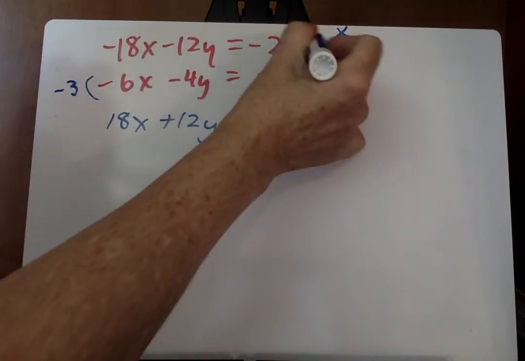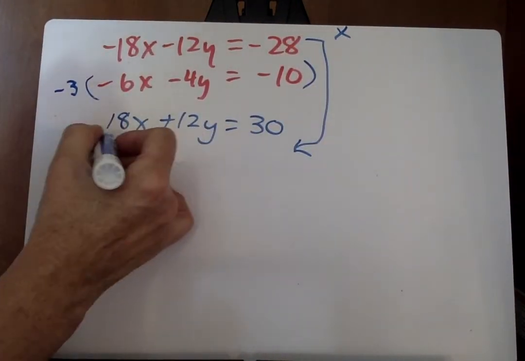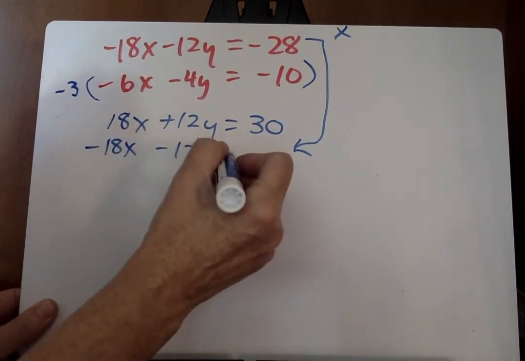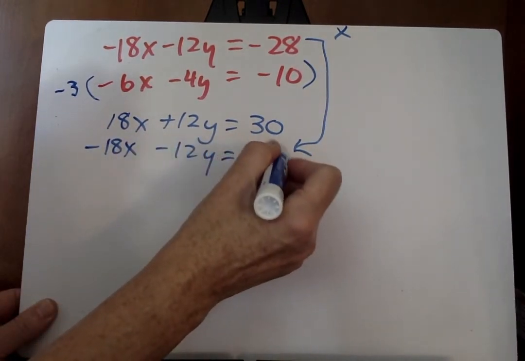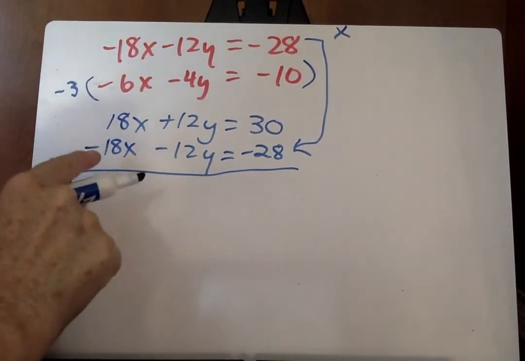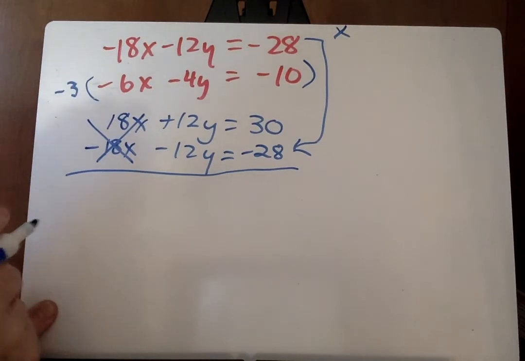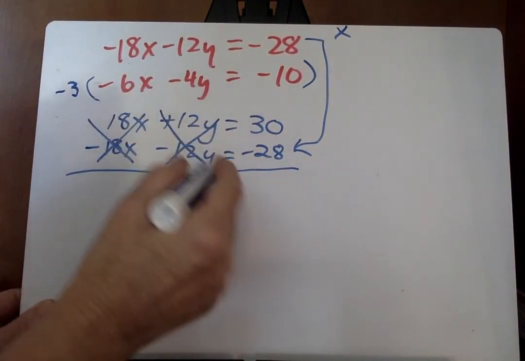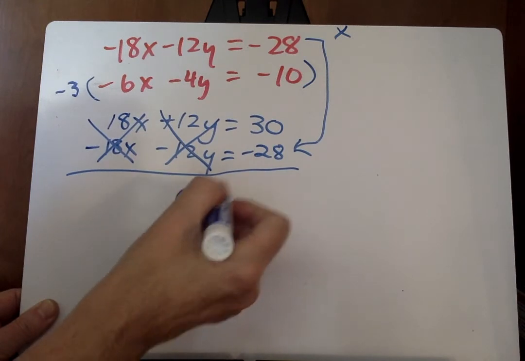Now I'm going to take this top equation and put it down here. Negative 18x minus 12y equals negative 28. And I'm going to add the 2. If I add these two, I get 0. They go away. If I add these two, they get 0 as well. So I put 0 equals,